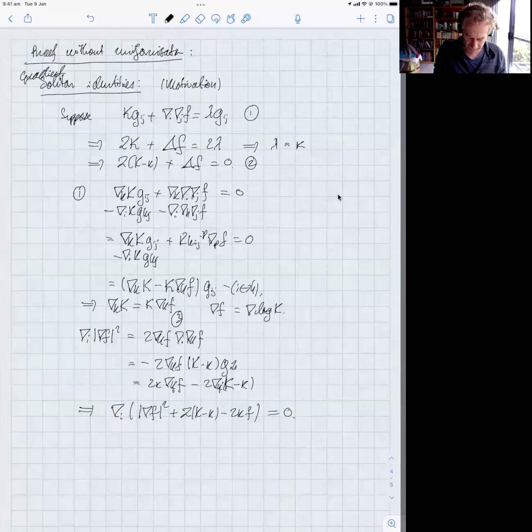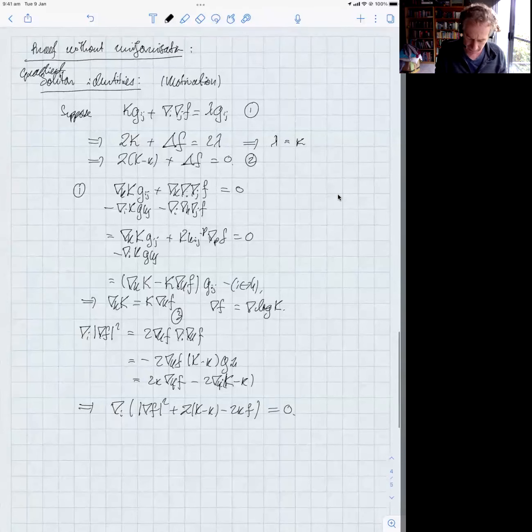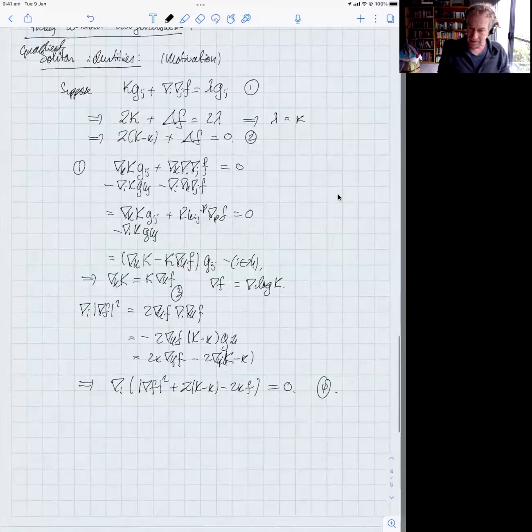Okay, so we get this funny conserved quantity here on a soliton. This will be constant on a soliton. So we call that 4. All right. In the two-dimensional Ricci flow, there's this rather amazing miracle that happens, which is that we can write down an equation for how the potential function evolves. Here the observation is